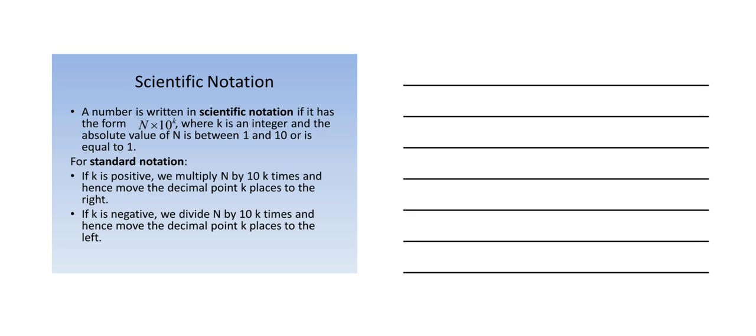Scientific notation. A number is written in scientific notation if it has the form n times 10 to the k, where k is an integer and the absolute value of n is between 1 and 10, or is equal to 1. For standard notation, if k is positive, we multiply n by 10 k times and hence move the decimal point k places to the right. If k is negative, we divide n by 10 k times and hence move the decimal point k places to the